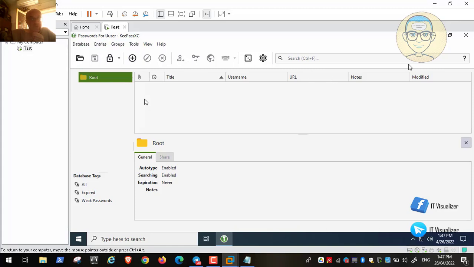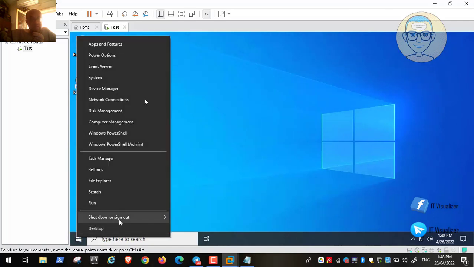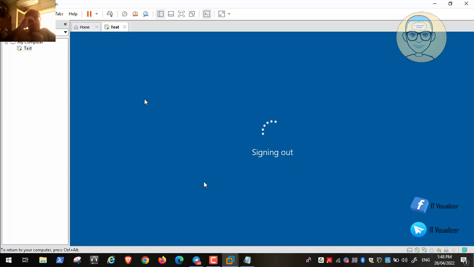All of the settings are available and he can change it, the standard user, but I think it is related to his profile only. Okay, so the program has profiles. This is related to his profile on the program. So right click and log off or sign out, and then log in with the admin account